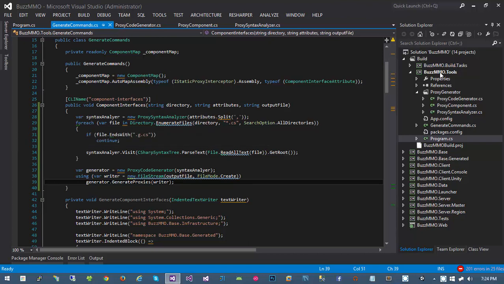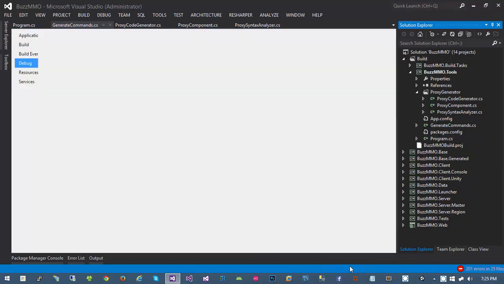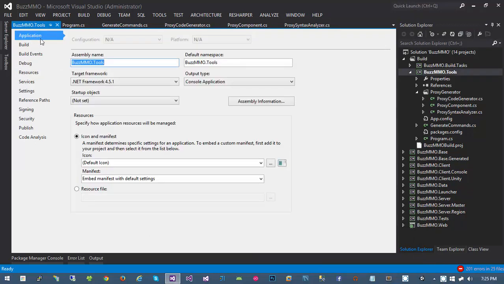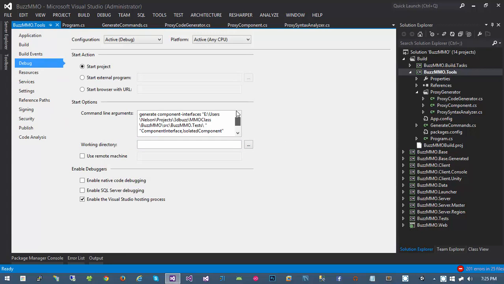So what I'm going to do is right-click BuzzMMO.Tools, go all the way down to properties, and jump into the debug tab. So you'll start off here on the application tab if you haven't done this already. And we'll jump into the debug tab. And I'll just go ahead and nuke all this stuff, and we'll just start from scratch. So we're going to pass in the command line, we're going to pass in generate component interfaces. Then for our path, we're going to pass in